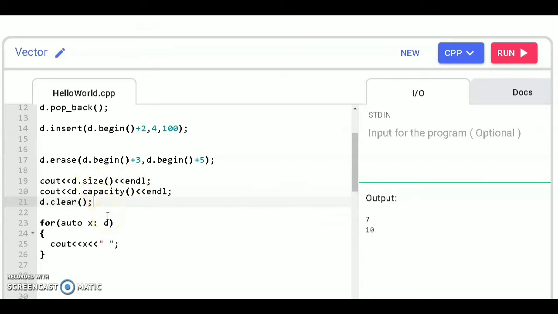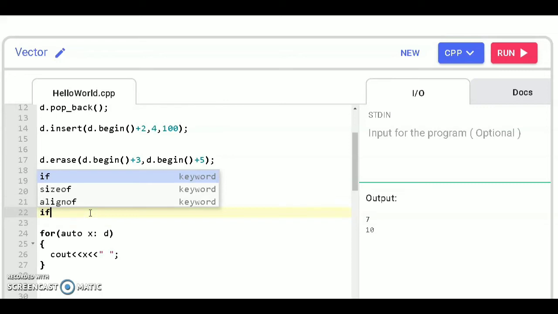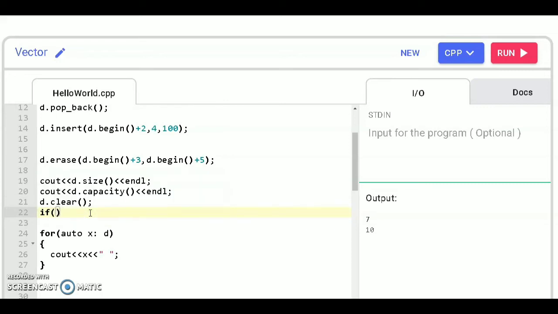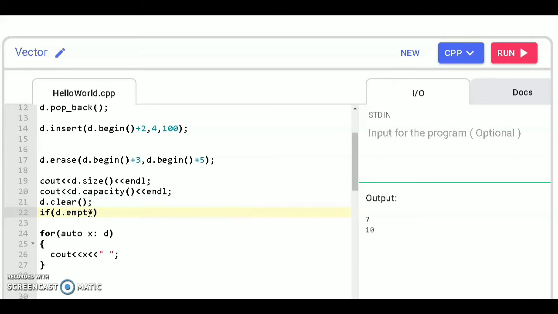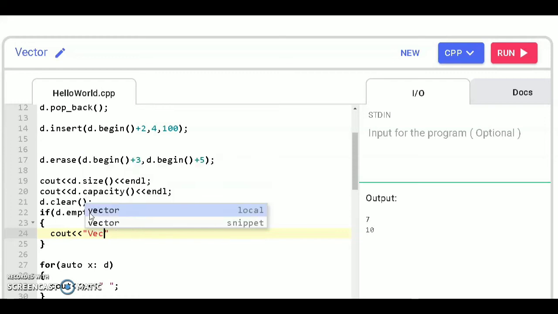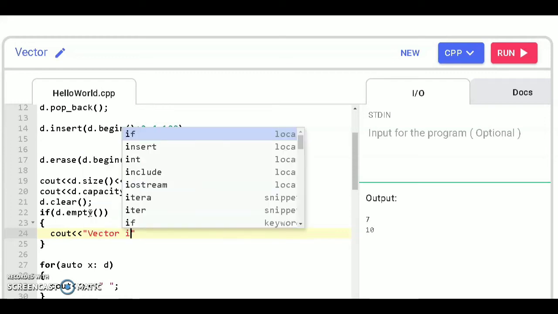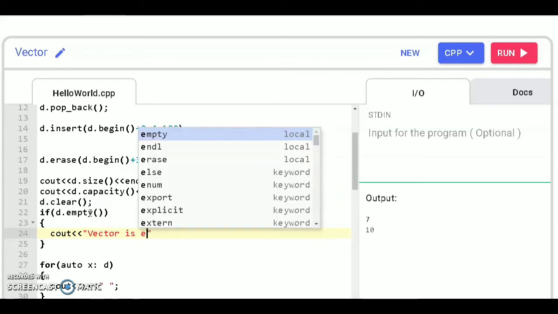And one another function, that is to check whether this vector is empty or not. So you have to write if d.empty, if this is true, then print cout vector is empty.